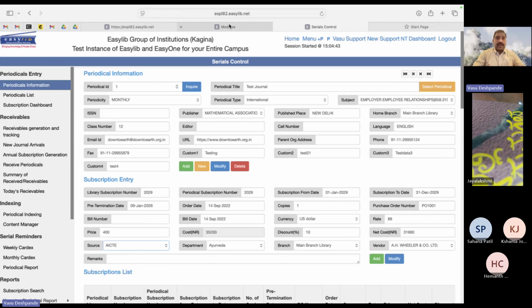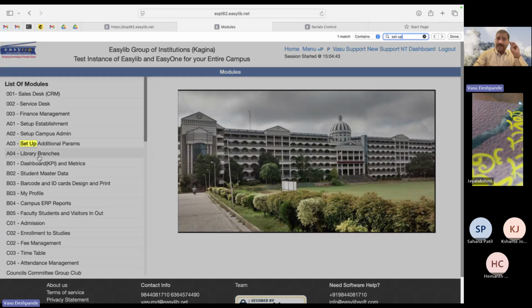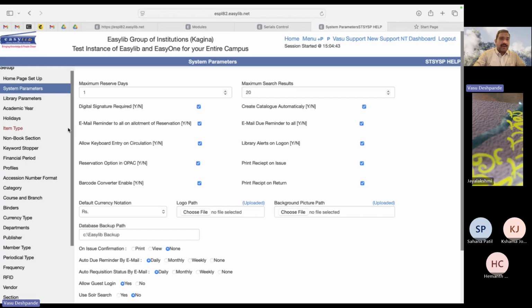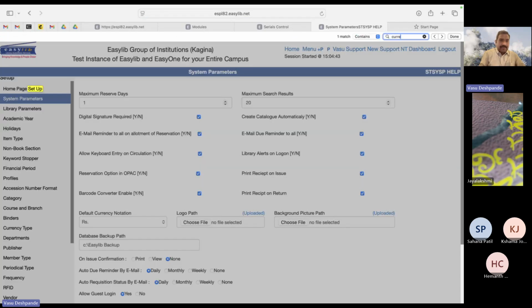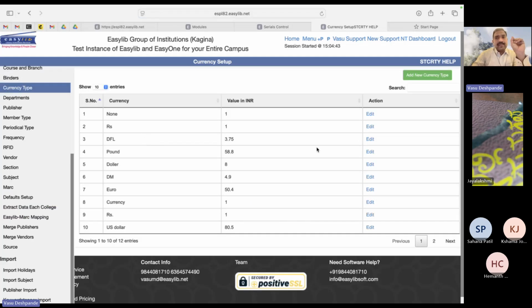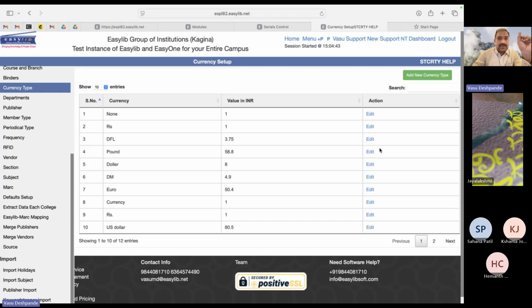If you go to the setup module, there are multiple setups, because there is a campus ERP setup as well as the library setup. Setup additional parameters. Here you have got the currency setup. Currency types. For each of the currencies, you are going to set up a certain rate of conversion. So USD was coming as how much, 80.5, right? Today,